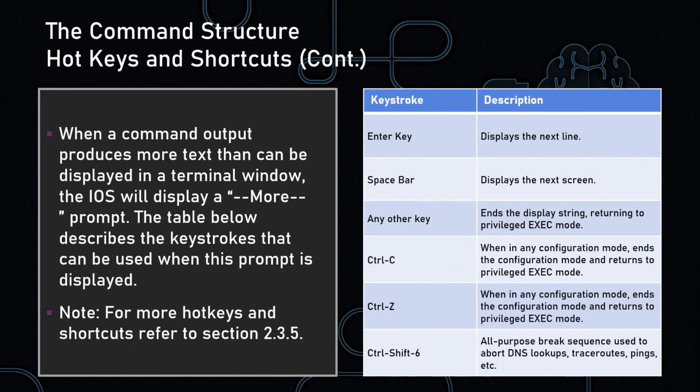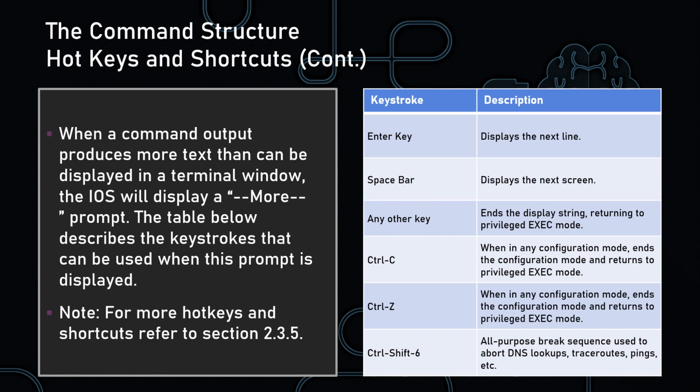When a terminal window is containing more text than can be displayed in a single frame, it'll display a more prompt at the bottom. In order to work with this, if you hit enter, it will give you the next line. If you hit space, it will give you the next screen. So if you want to think about it this way, it's a line return versus kind of like a page down situation. If we hit anything other than enter or space, it will end the display string